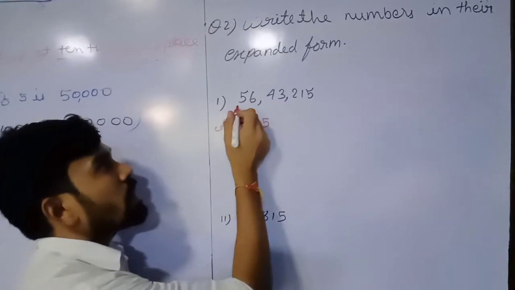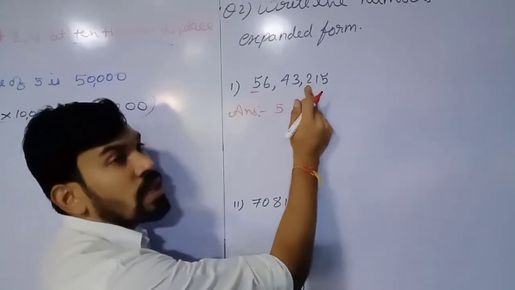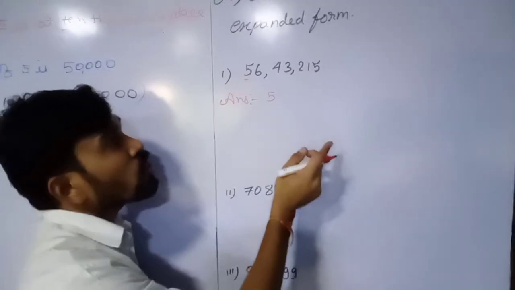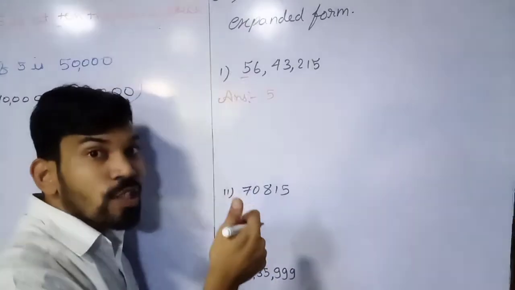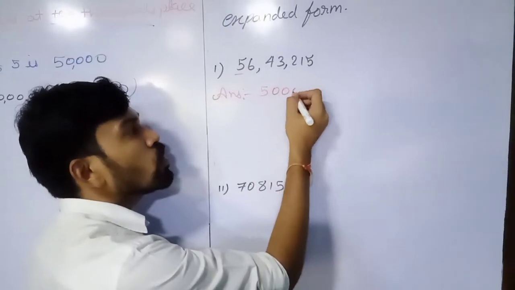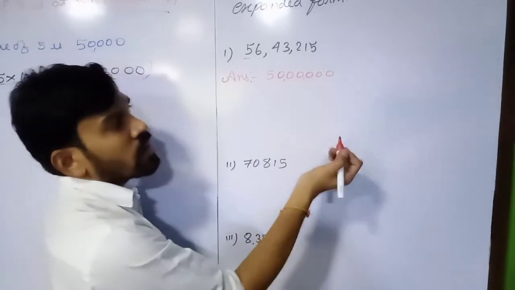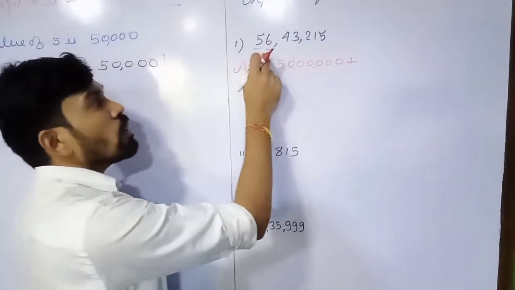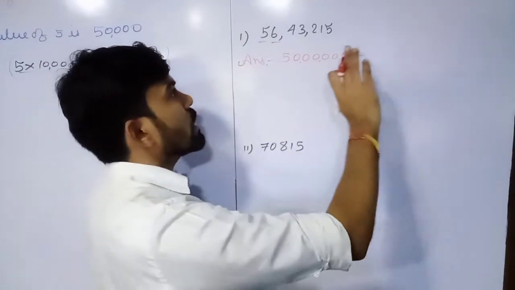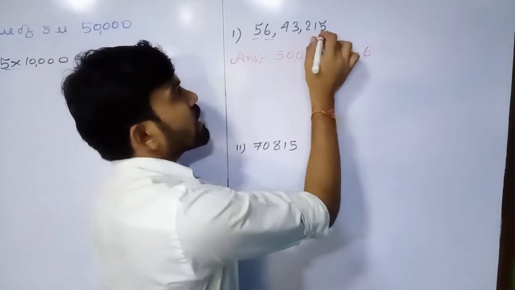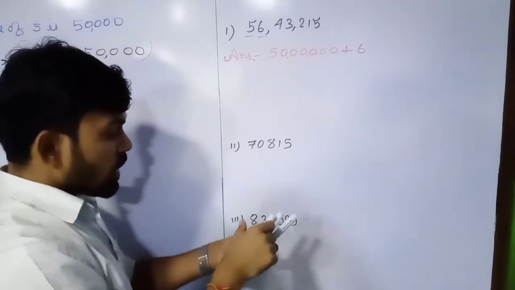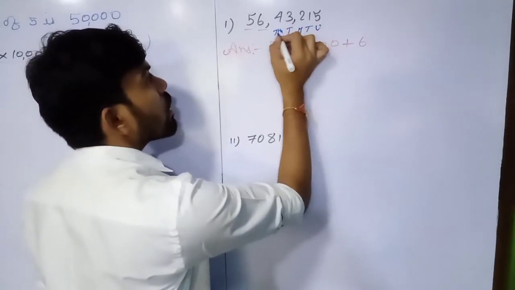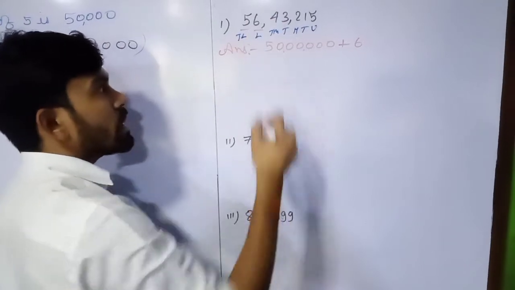Place value of this 5. So unit, 10, 100, 1000, 10,000, lakh. It is at the place of 10 lakhs. Whenever we are talking about 10 lakhs, that means 6 zeros are there. So directly 1, 2, 3, 4, 5, 6 zeros, plus. Now we have to write the place value of this 6. One digit we have to move to the right hand side. So 6 is at the unit, 10, 100, 1000, 10,000, lakh. So it is at the lakhs place.